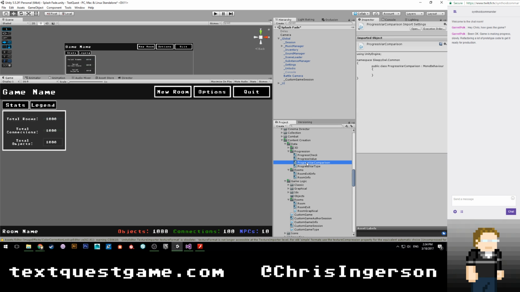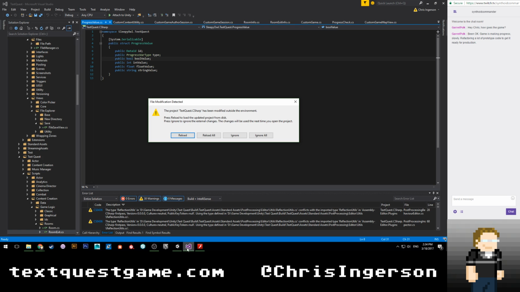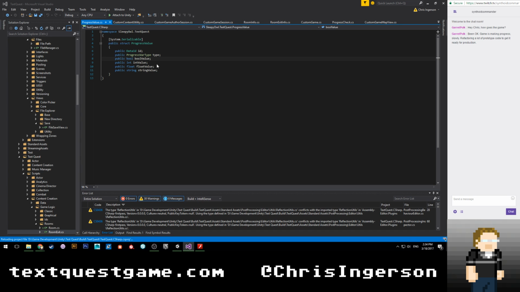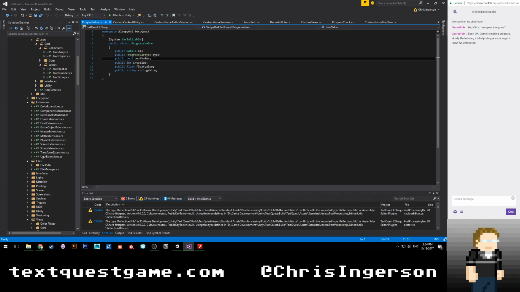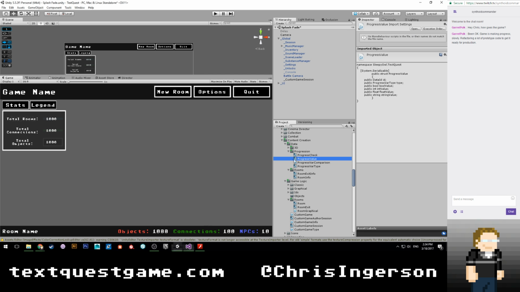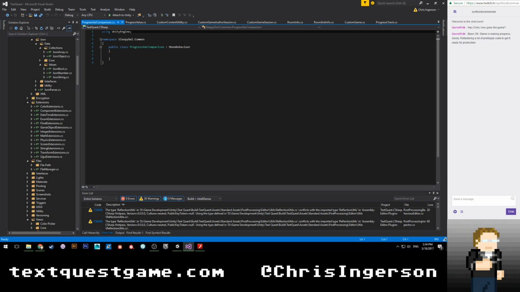I feel like I've scripted this exact functionality about 5 times in my game. I really should have a better system at this point for doing it, but I keep needing very specific things for it. So let's see, progress for comparison is going to be a byte and an enum, and don't need any of this. So we're going to say by default equals